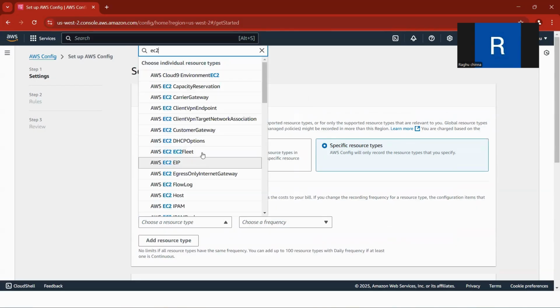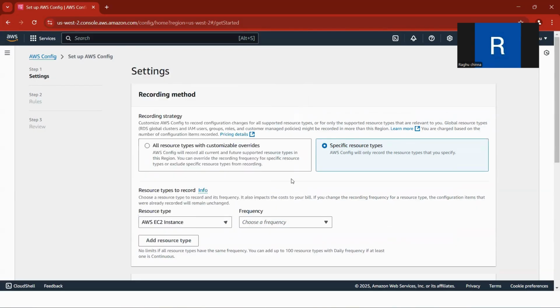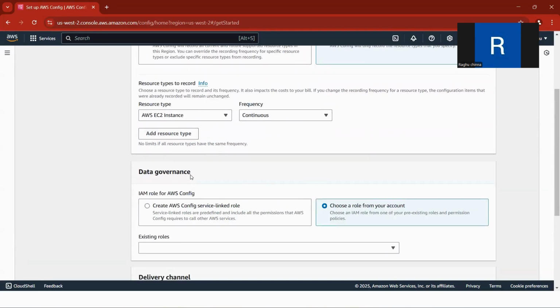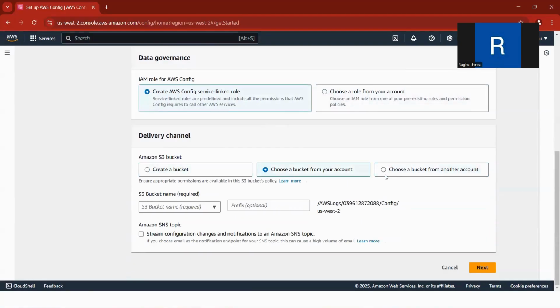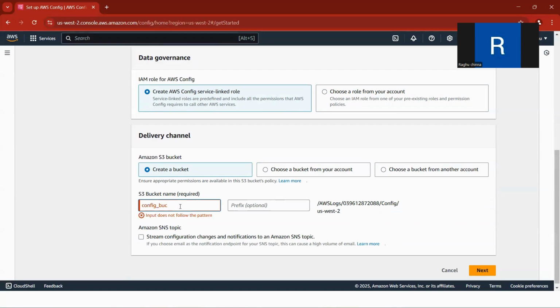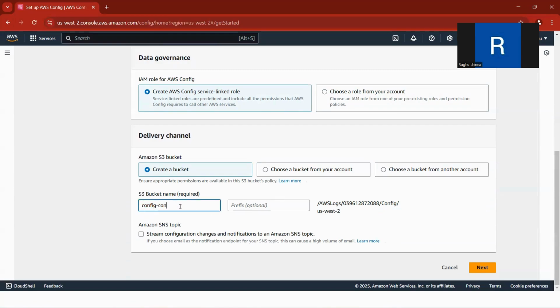Okay, got it. We can set up continuous and choose a role from your account. Create AWS Config service-linked role. Create S3 bucket. Let's give a unique name for the S3 bucket. Next,